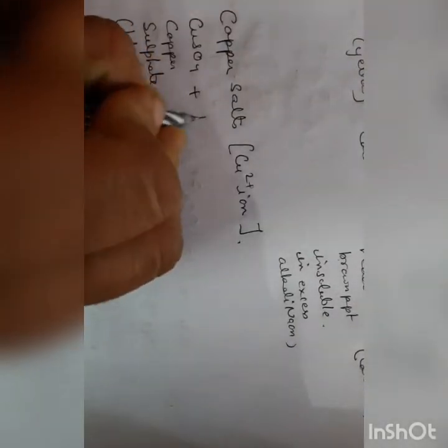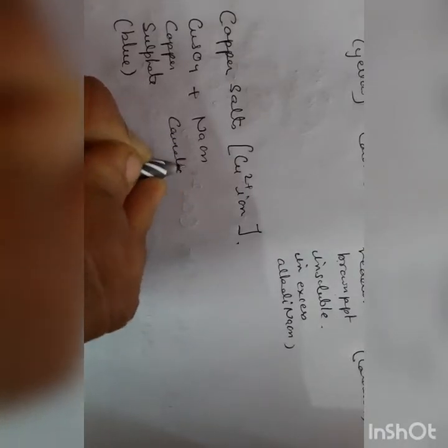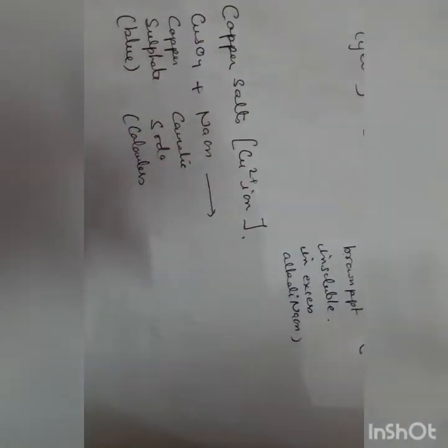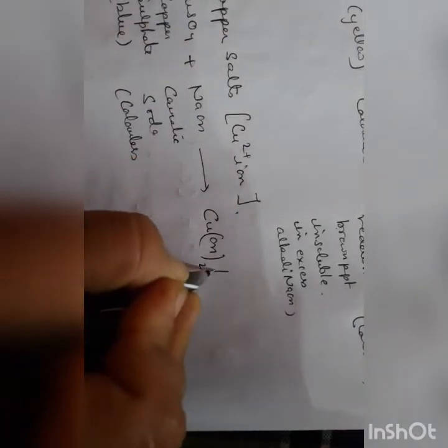It is blue in color. We will add caustic soda, which is colorless. Reaction will take place. We will get pale blue ppt,